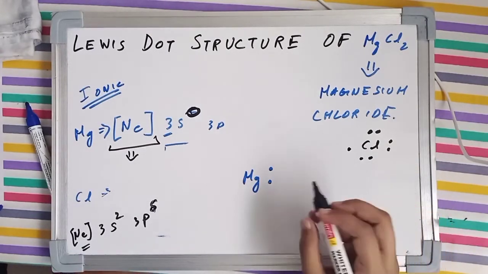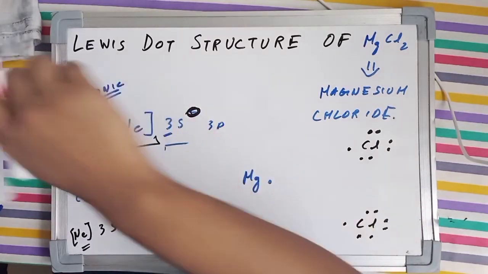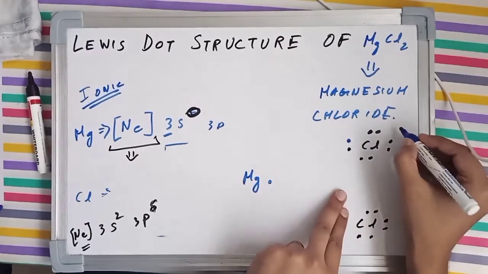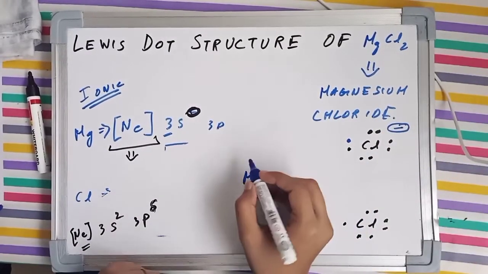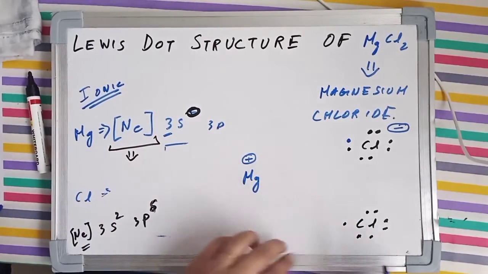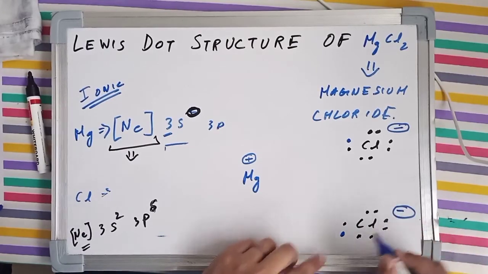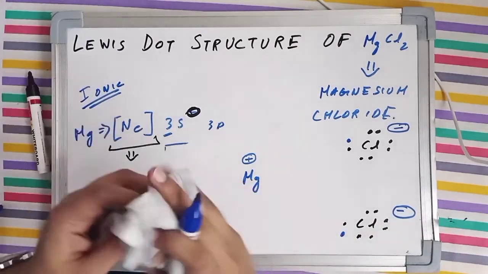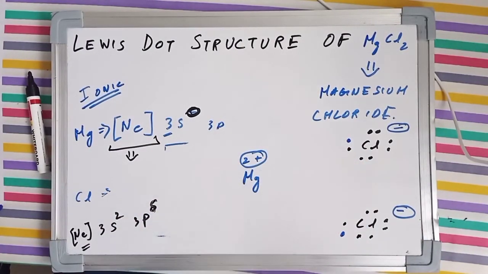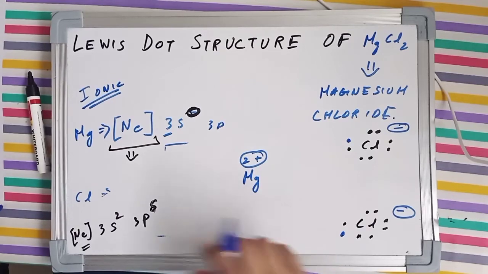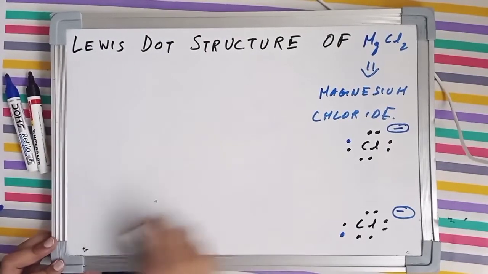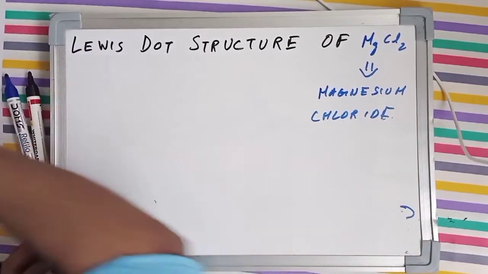So magnesium says, okay, no problem. So magnesium donates 1 electron to chlorine. Now chlorine, gaining an extra electron, has gained a negative charge, and magnesium a positive charge. This chlorine will also take an electron from magnesium. So this chlorine is also gaining a negative charge, whereas this magnesium will now have 2 plus charges with itself. So what will happen now is that MgCl2 will be arranged in this form.